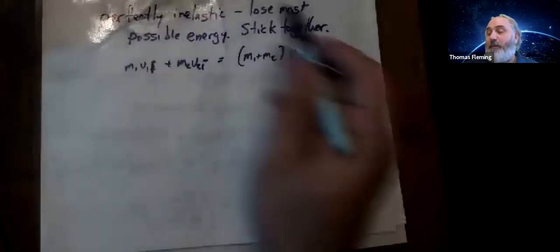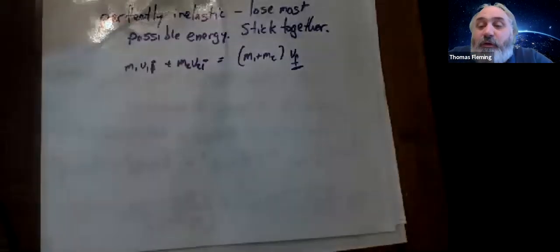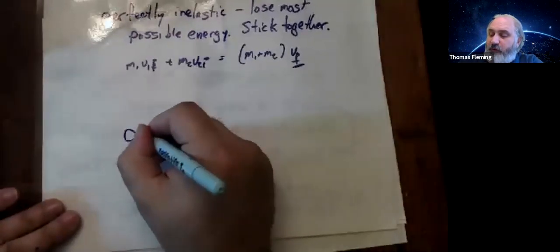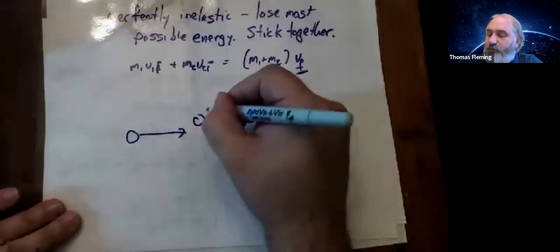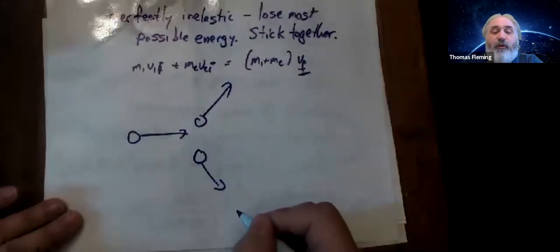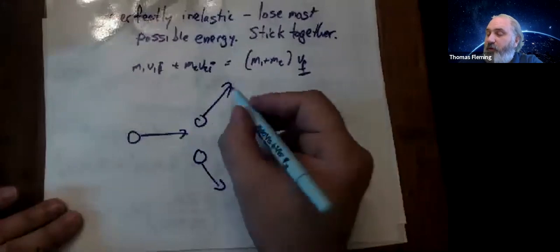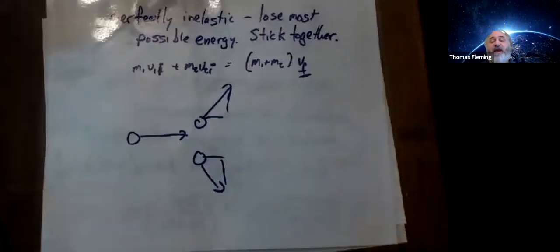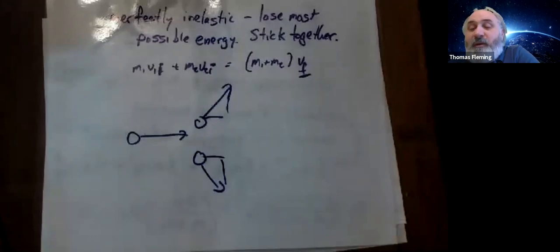Now, we can make these problems more difficult by doing them in 2 dimensions, but all you're really doing when you do it in 2 dimensions, if this is you coming in here and you're flying apart this way and you're flying apart this way, all you have to do is, when you're breaking down your momentums, break them down into x and y parts. And so what's going to happen is when you say that momentum is conserved,